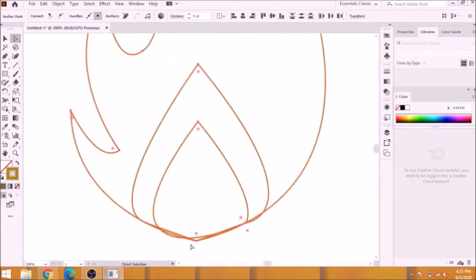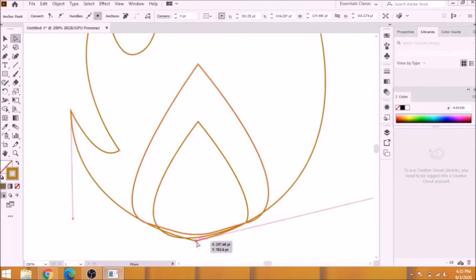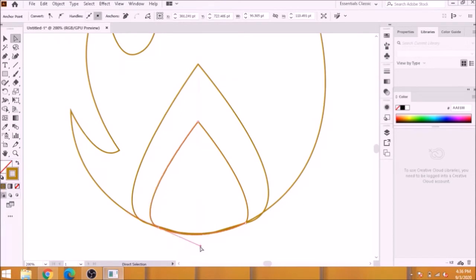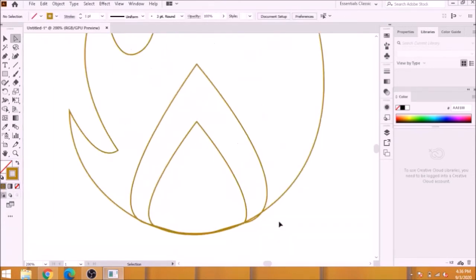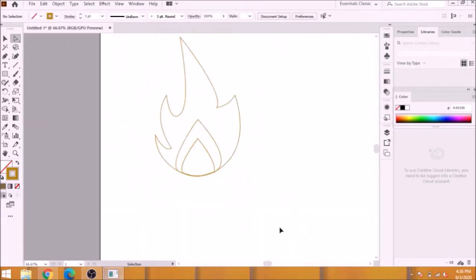Click and hold the dot and drag upwards to make a curve. Okay, so now it's ready to fill the color.